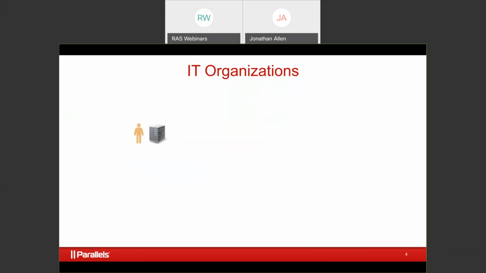Now this was relatively, I wouldn't say easy, but it was relatively a little easier to do when everything was on-prem. Not only the servers and the IT personnel, but also the endpoints and the end users. And when they were all on-premises in the same physical building, or maybe even the same physical campus location, it was relatively easy to draw a big circle around your IT organization with the type of desktops, with the type of laptops, with the type of devices, the type of applications that you'd be running, and then you could go ahead and secure that a great deal.